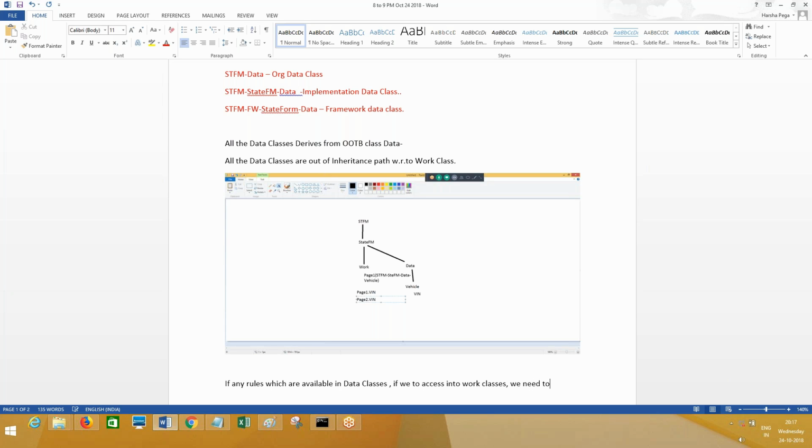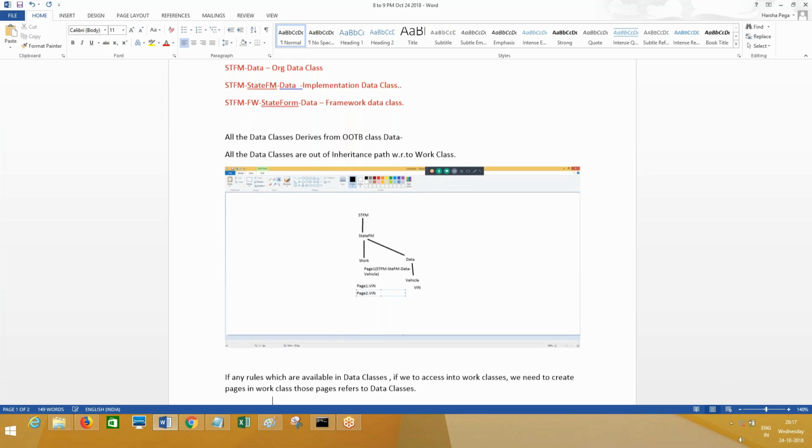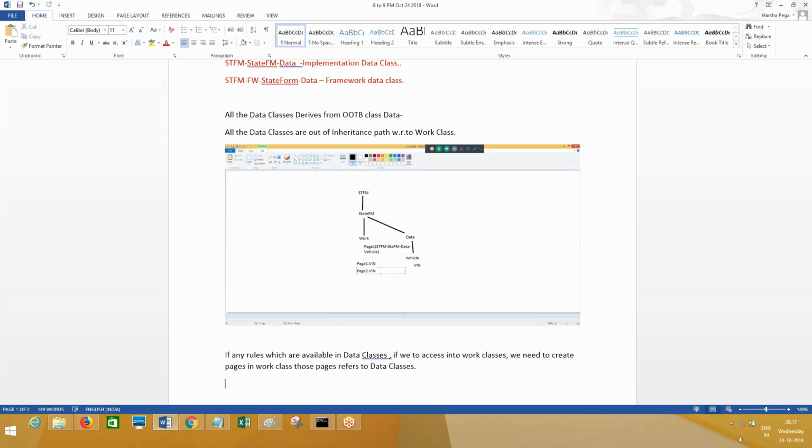We need to create pages in the work class. Those pages refer to data classes. So you will create a page in the work class which will refer to the data class. It will hold the properties of the data class, or rules you can access. Rules we'll talk about later. So this makes sense, everyone?